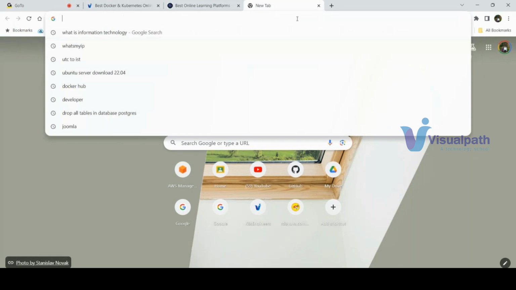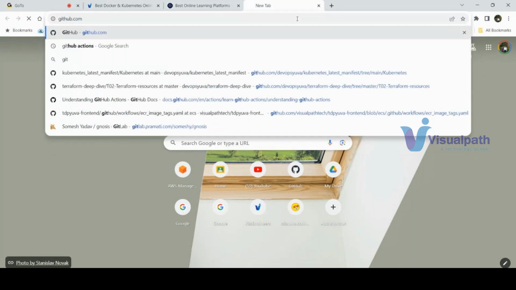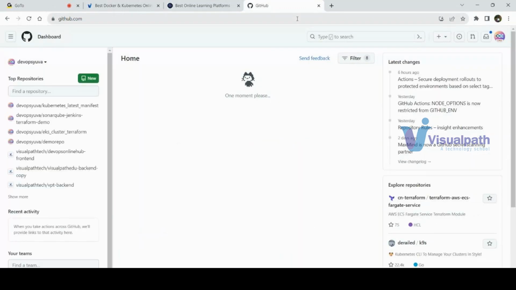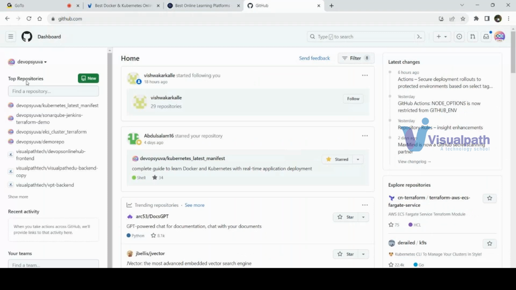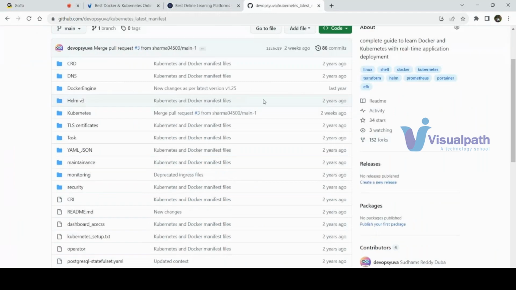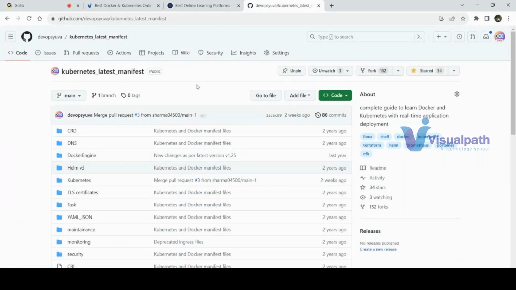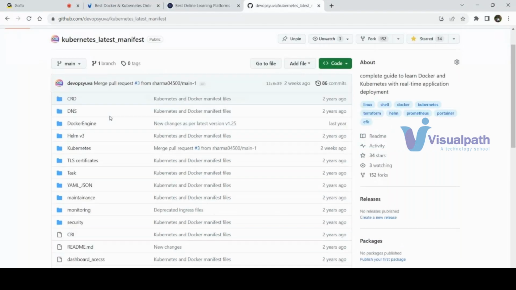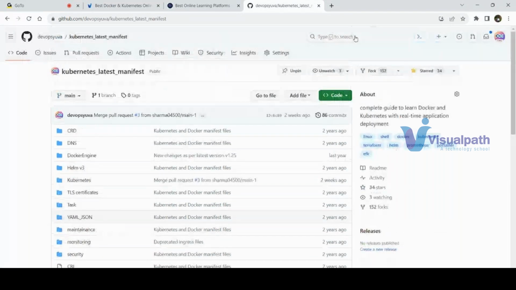Documentation wise, you don't need to prepare any documentation. I have prepared all the documentation and stored it in GitHub. This is my GitHub repository. I prepare all the documents related to Docker, Kubernetes, Terraform, and many more. You can see many people have forked it, and this is code I wrote 2 years back and have been updating, most recently 2 weeks ago. This is continuous documentation, and I have other documentation for Terraform and other topics as well.